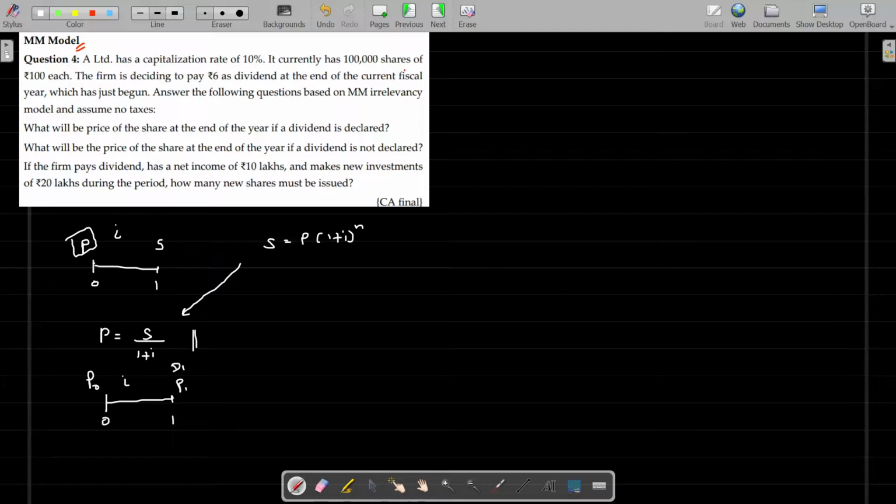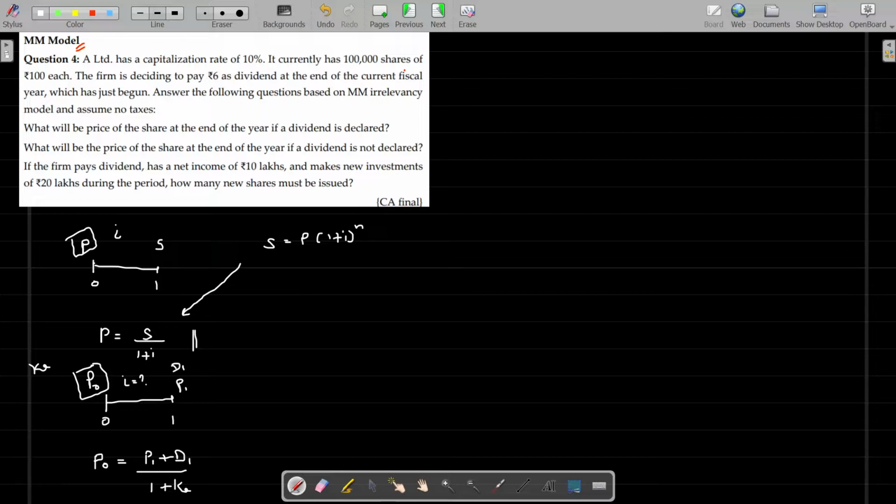The rate that you expect, I take that as I. My question is, I am going to calculate P0. It is the same logic. P0 is equal to P1 plus D1, which is the amount you will get by the end of first year, divided by 1 plus I. I is the cost that equity shareholders expect, so this is nothing but KE. So 1 plus KE is what he has used. P0 is equal to P1 plus D1 by 1 plus KE. Clear?